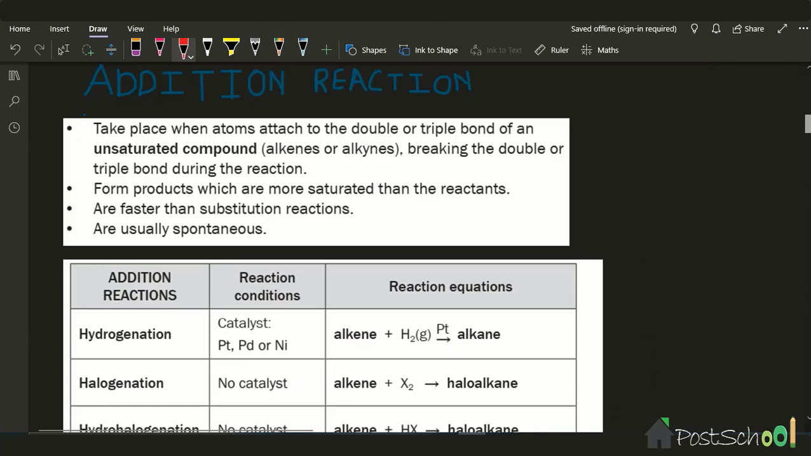Addition reaction takes place when atoms are attached to a double bond or triple bond. That means it happens in unsaturated compounds, whereas substitution happens in saturated ones. The reactions form products which are more saturated than the reactants and are faster, so the opposites are usually spontaneous. So these are also spontaneous, they happen by themselves. Okay,